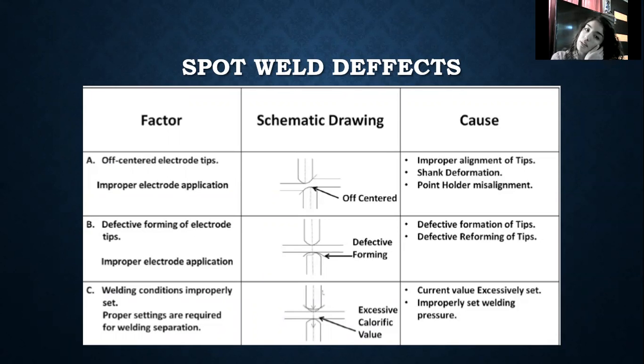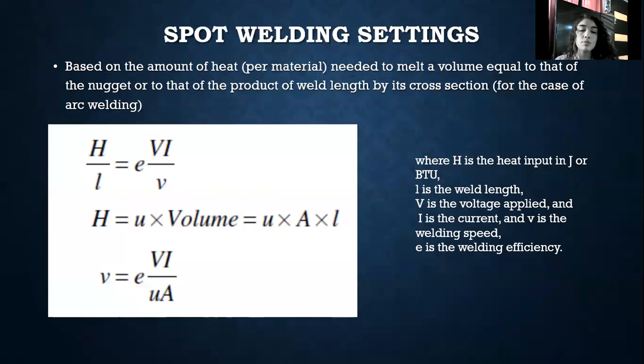There are different causes because even though spot welding is a very good option for welding, it has defects. For spot welding settings, there is a formula based on the amount of heat per material needed to make the volume equal to that of the nugget, or the product of weld length by its cross section. As you can see here, H is the heat, L is the weld length, V is the voltage applied, I is the current,